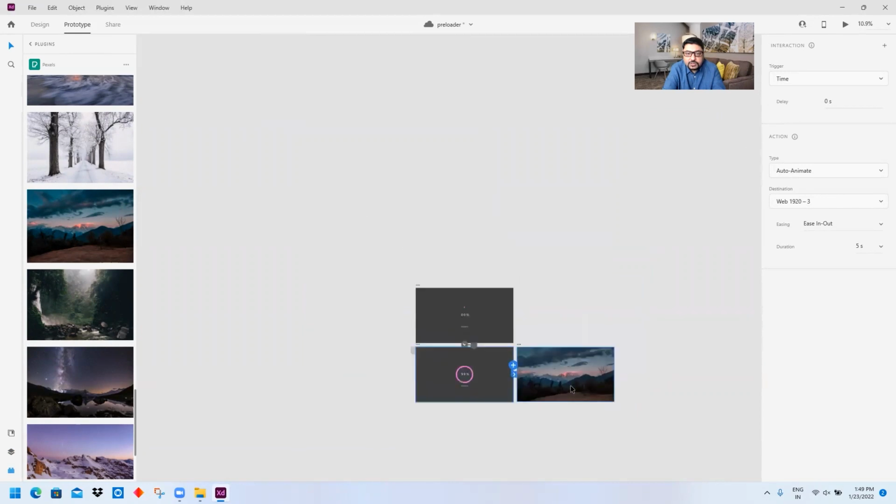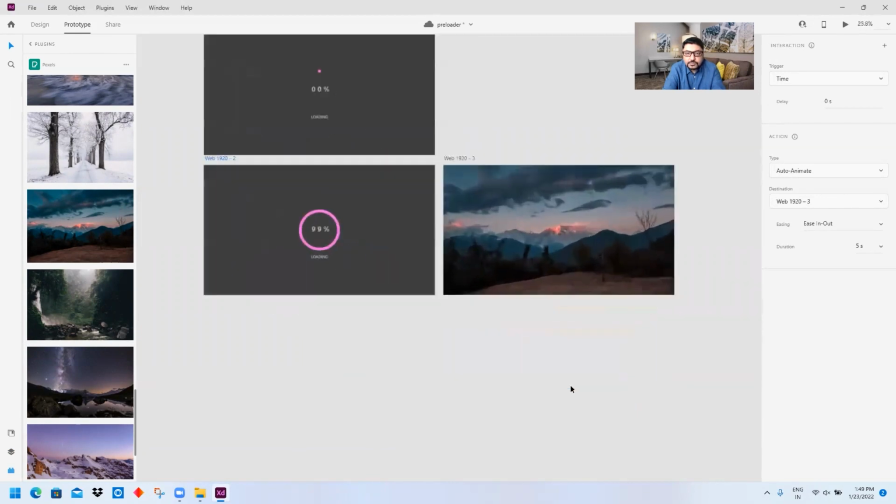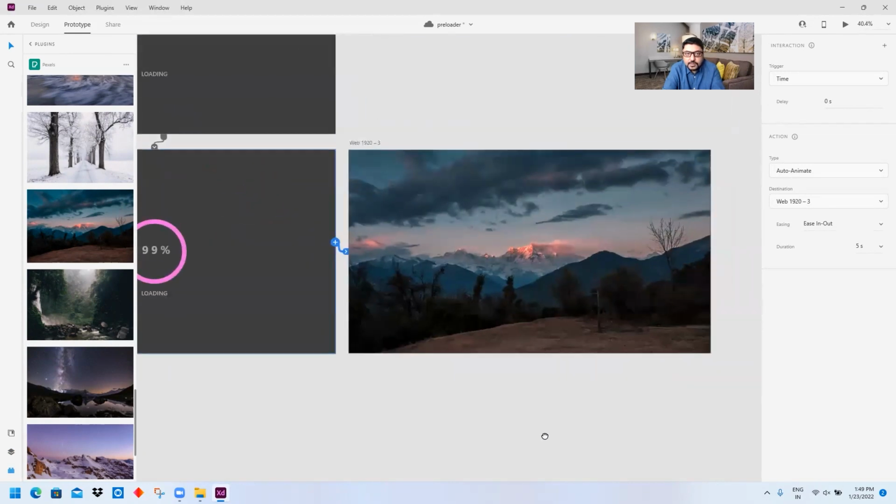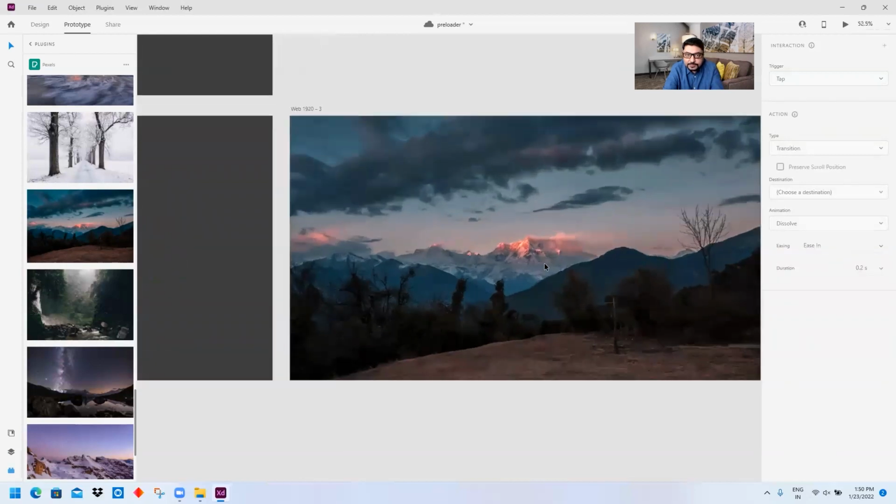And what we will also do, this artboard selected will again have time and delay 0, auto animate, ease in, ease out, and within say 0.4 seconds, this particular image loads. Okay, so let's see what happens.